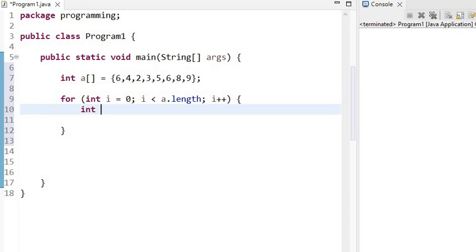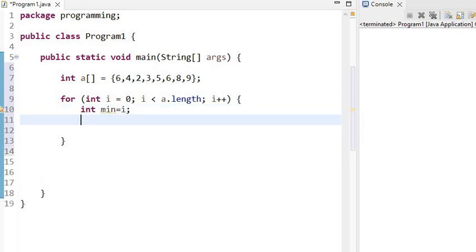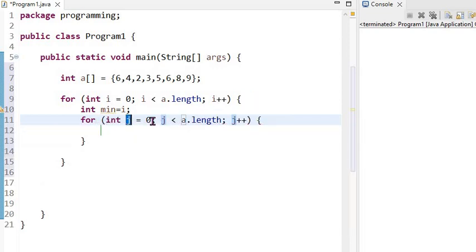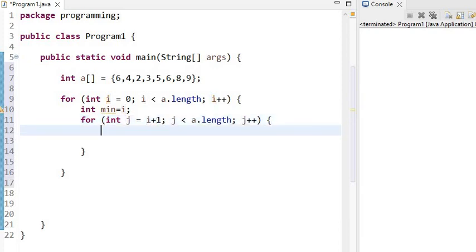I will take a variable minimum where I will assign it the value of I. Again, I will take the loop for j. So j is equal to I plus 1. I will use the condition if A of minimum is greater than A of j,